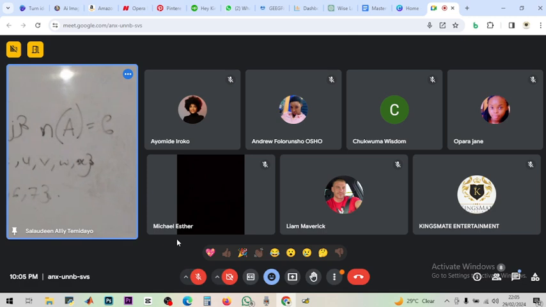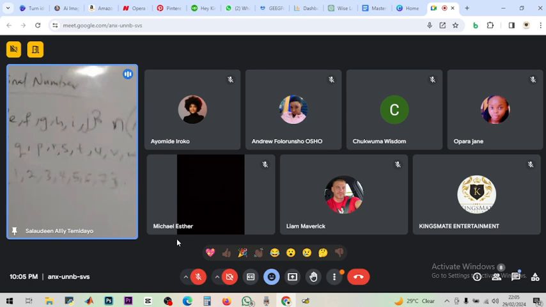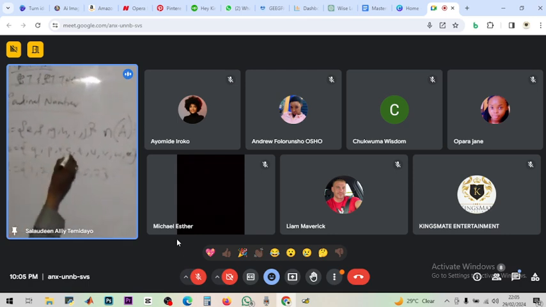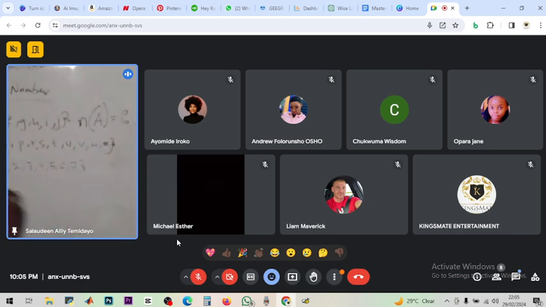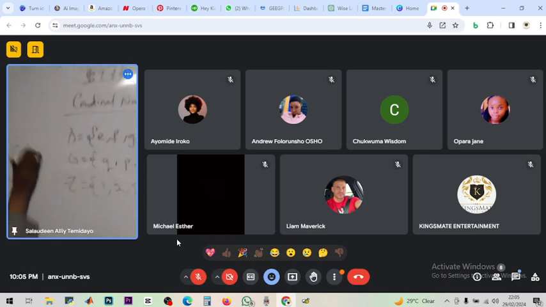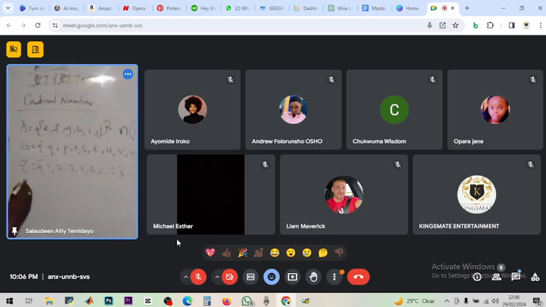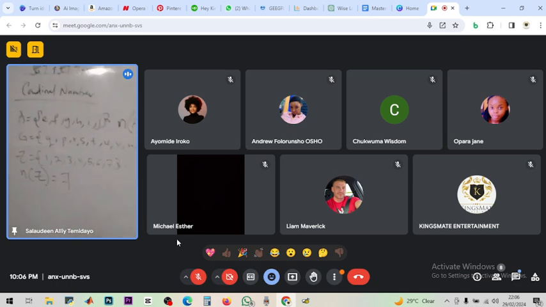So this set G contains Q, P, R, S, T, U, V, W, X. How many elements does it contain? Knowing the number of elements means knowing the cardinal number. Q, P, R, S, T, U, V, W, X: 1, 2, 3, 4, 5, 6, 7, 8, 9. So the cardinal number of set G is 9. And this is the last one, set Z. Set Z contains 1 to 7. So the cardinal number of set Z is 7, as simple as this.